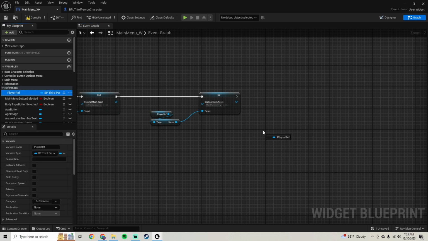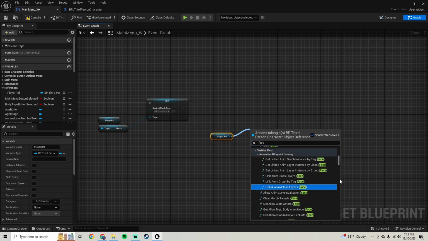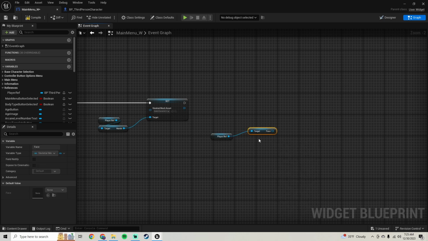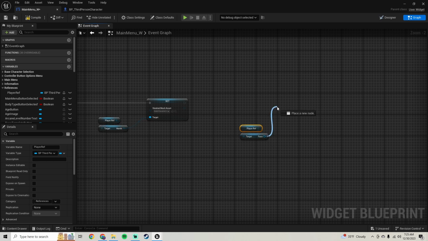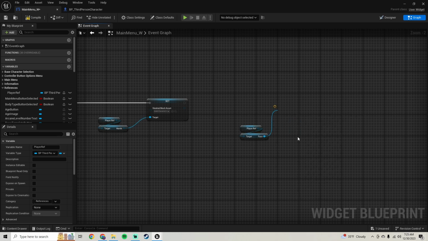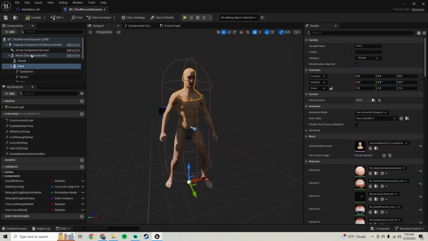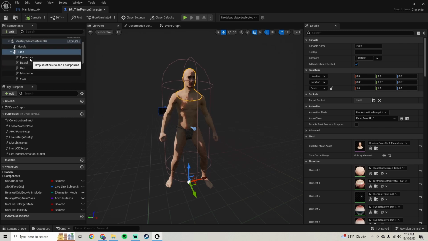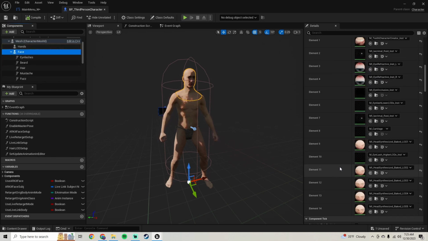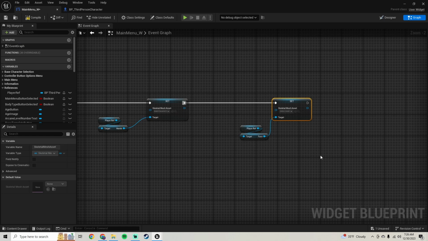So, we're going to get our player ref, and then we're going to get face, get our face right here. And we want to pull off the face and set skeletal mesh like that. Then we're going to go back to our third person character. We're going to click on our face right here. Luckily we don't have to change anything on the materials here, but just hit the search on your skeletal mesh asset there, go back to the main menu, hit the back button on that, and that will set that